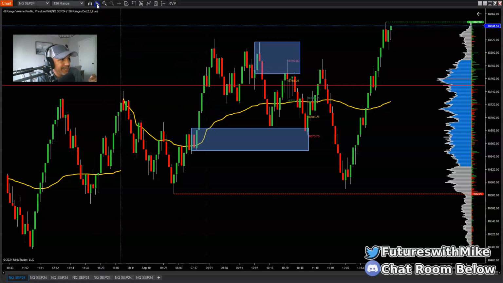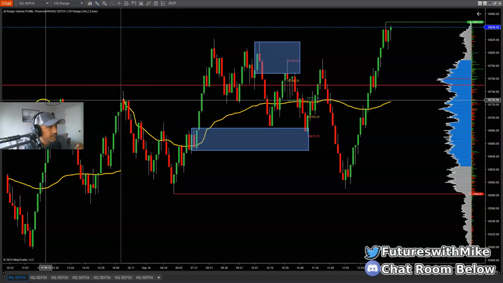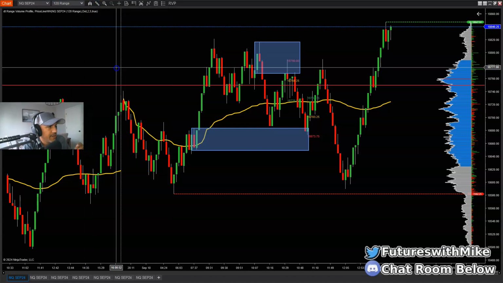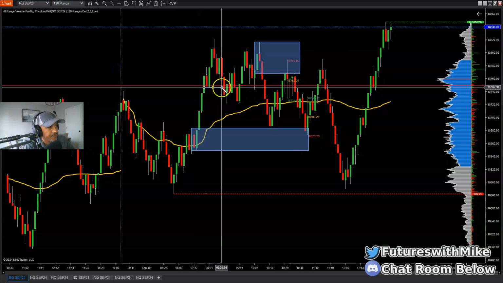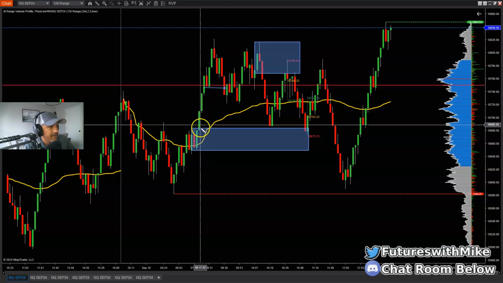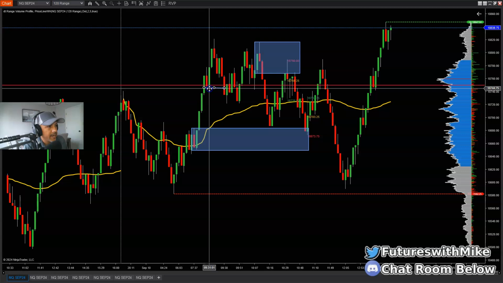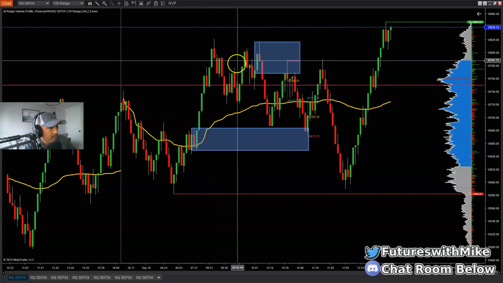The first pullback that it had, bring this down. Let's see. Was right here, where it pushed up and then pulled back right here. So then you had a difference between this area here and this area here, which is a large gap. All right. And then the market pushed up, and then it came back, closed the gap in some, pulled back,